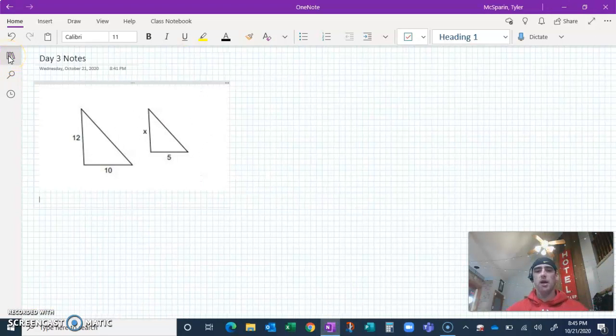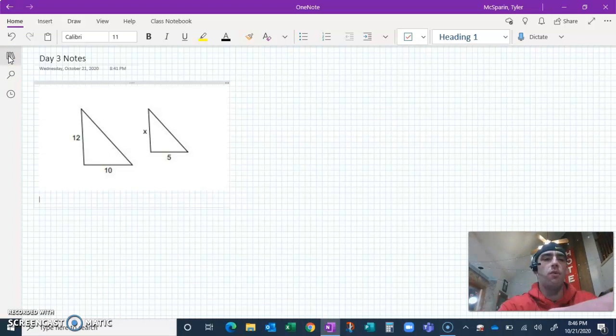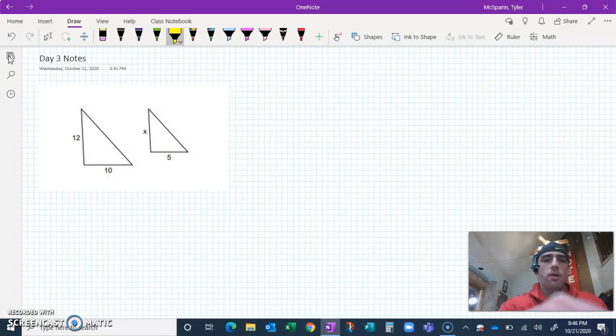Let's do this fast. We got this problem. Two triangles, we are trying to solve for x. So I want to know what is this thing right here. Now this did say, I didn't put all the text in, but it told us that these were similar triangles. If they are similar, that means we can set up proportions. We have already set up proportions multiple times now, so let's do this again and let's make sure that we're all doing this. Then you're going to have to use a little